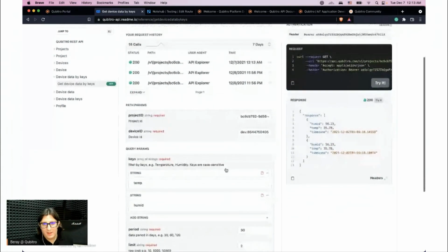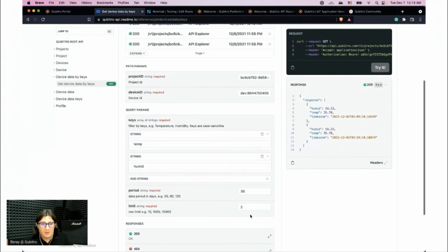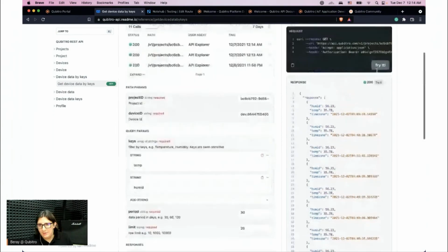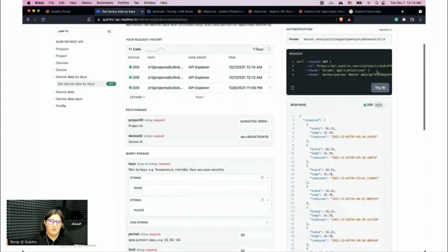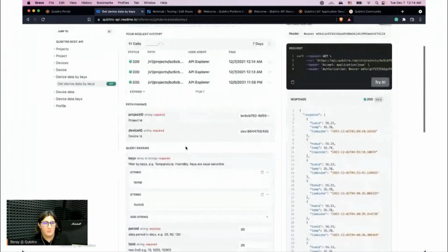And as you see, I have project ID and device ID, and I wanted to get temperature and humidity, the last two values, or I can get 20 for sure. The idea here is we let our users take these actions and build products without knowing anything about cloud infrastructure, databases, or scalability, because these involve security and scaling databases, scaling your code, scaling your backend performance, but more importantly, experience. We didn't just develop REST APIs, but we also spent some time on the experience.